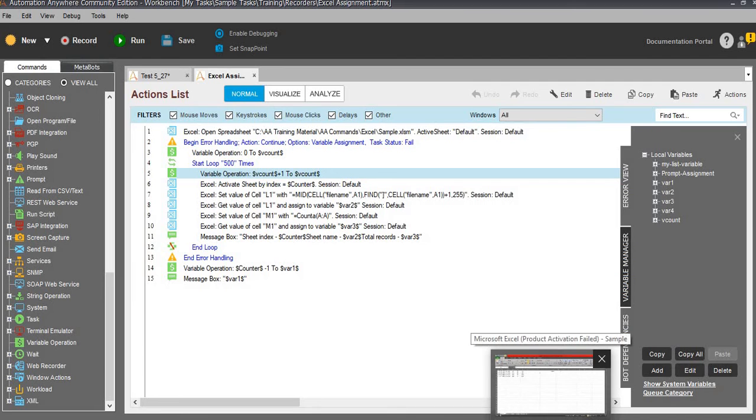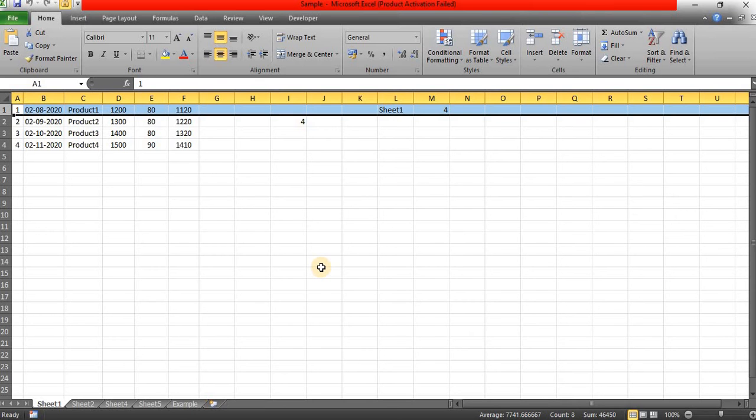And next, the Excel macros. Mostly I am seeing you are using the keystrokes and mouse move commands. It's 100% not a recommended method. Please try to avoid keystrokes and mouse movement. If you cannot achieve that while using web automations, try to use Manage Windows or OCR or anything. Try to use your other commands except keystrokes and the mouse command.